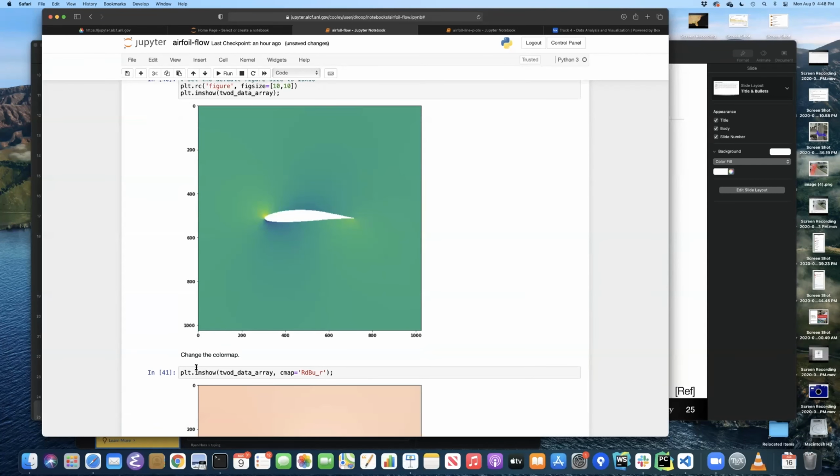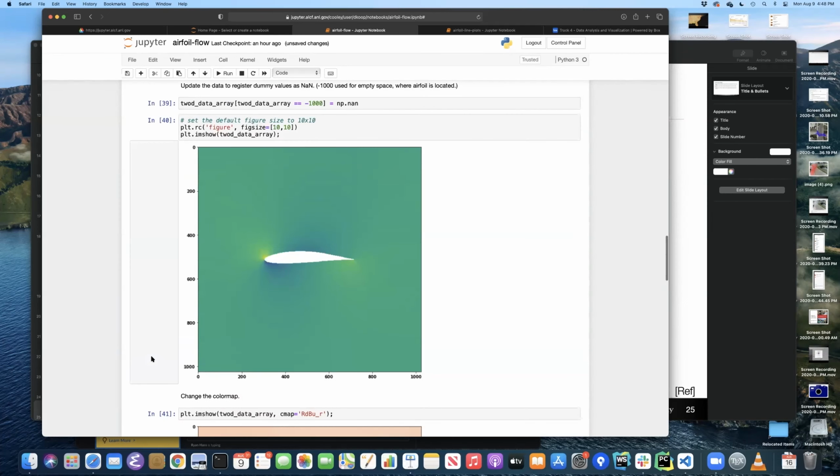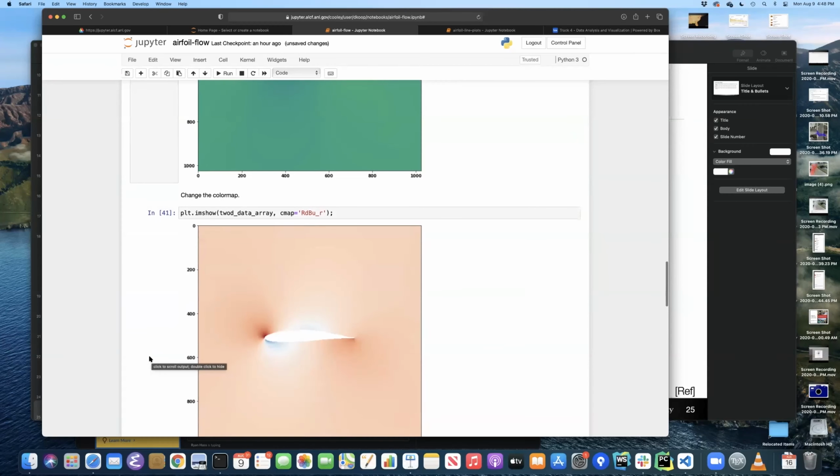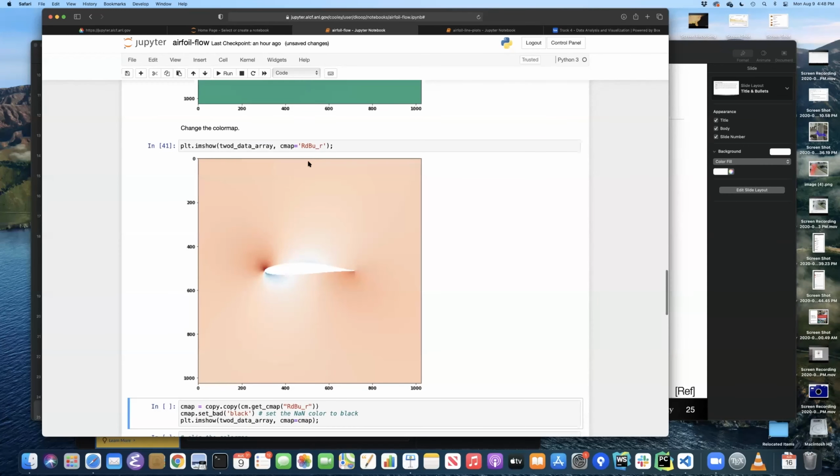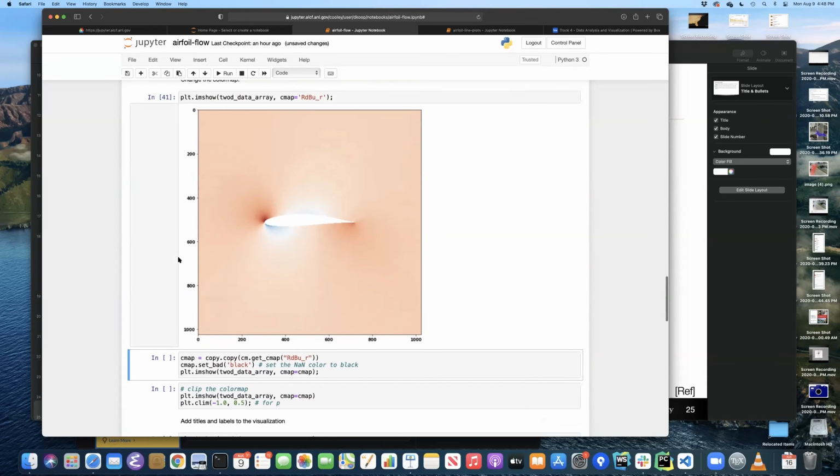You can also change the color map. This is Matplotlib's default color map, Viridis, I believe, probably pronouncing it wrong, but you can change it to more of a red-blue color map instead. And there are many other color maps. One of the things with visualization, as has been alluded to before, is to be careful of what color maps you use. Probably don't try to create one yourself.